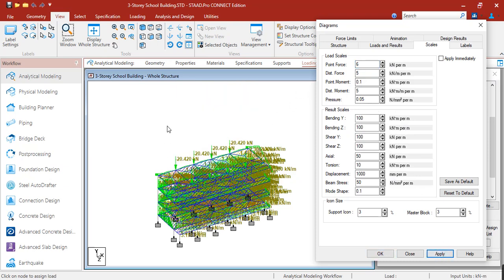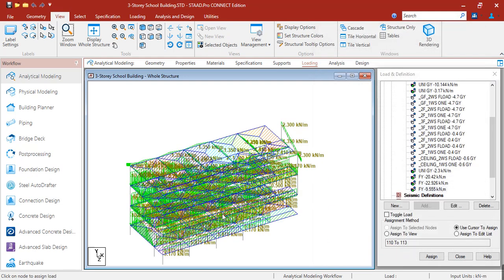Okay, so as you can see, this is now the scale. Okay, so also you can limit your scales for distributed force, and load force. Okay, so just click apply.